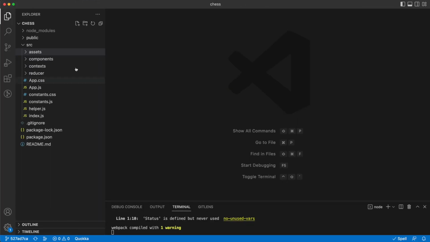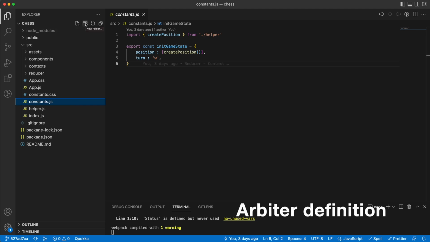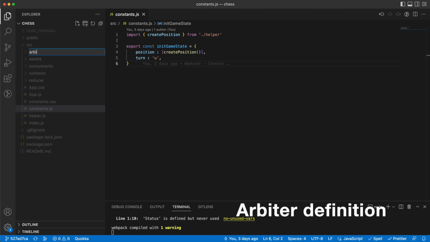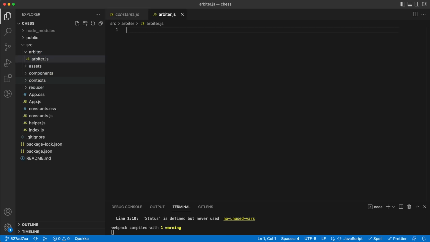The first thing is that I just want to have an entity called the arbiter, and this arbiter is responsible for the correct moves and a bunch of other rules, like are we in check, can we do en passant, can we capture, and do the take back and other stuff. So this has an entry point called arbiter.js,